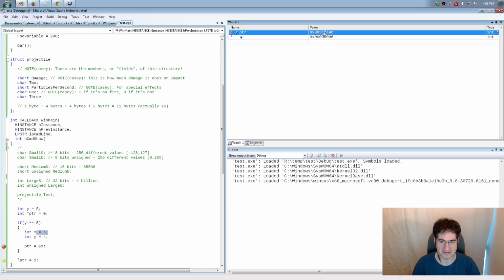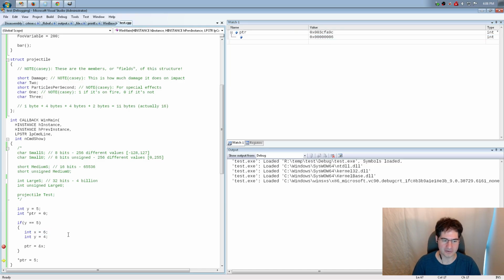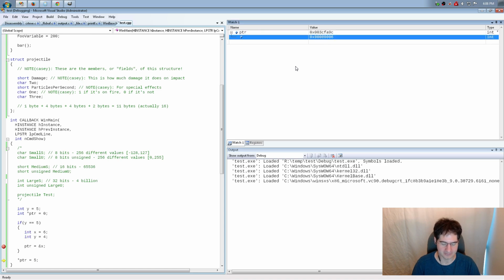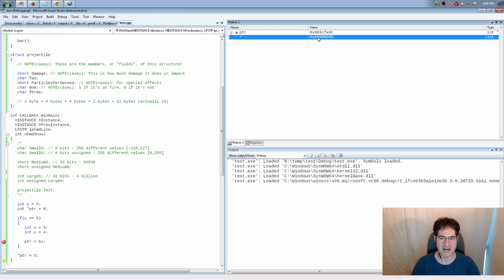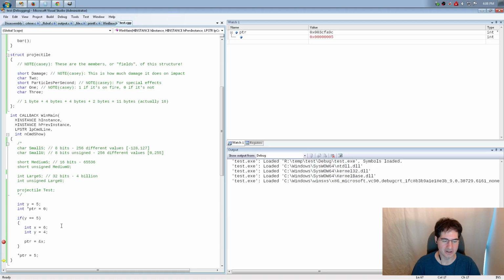It was set to 6. It's still set to 6, right? Even though the compiler is not under any obligation to keep that space available, it can use it for something else. I can write to it and bam, I just wrote to X even though it's out of the scope. Totally, you should never do it. It's just asking for disaster. But like I said, everything in C is just happening in the memory.